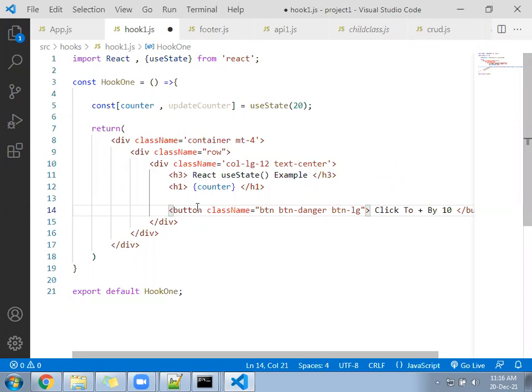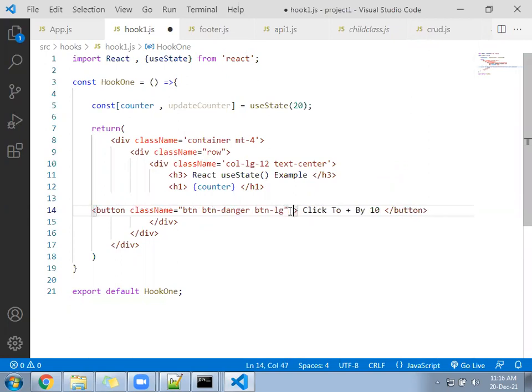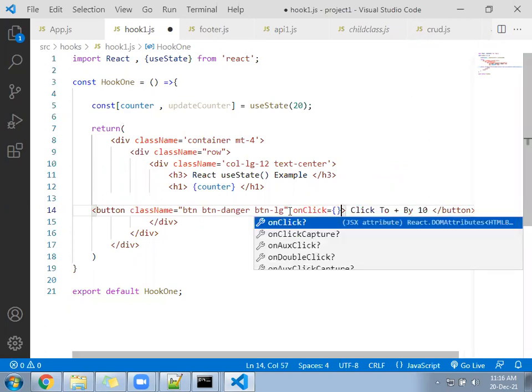On click, call a function directly, function one.